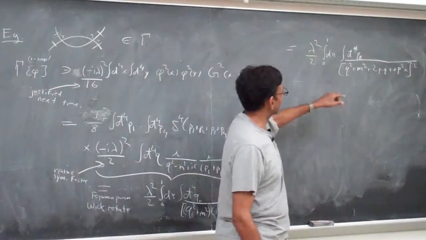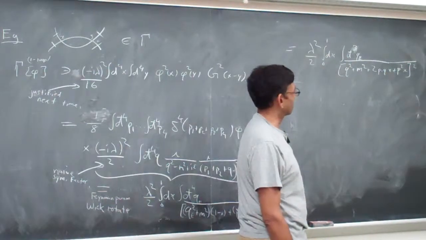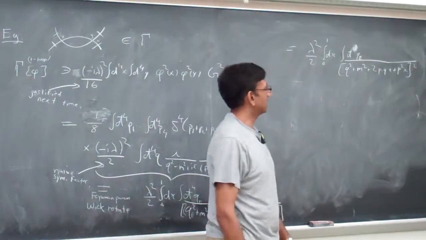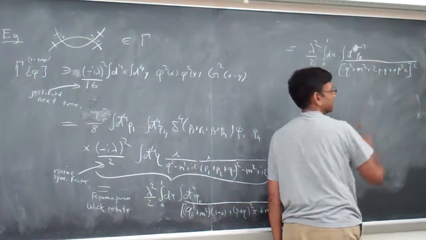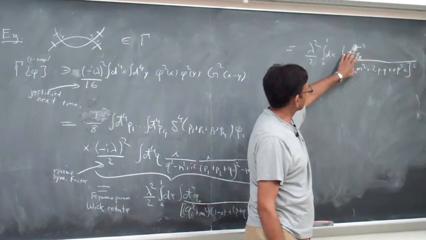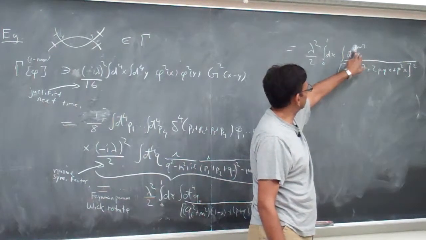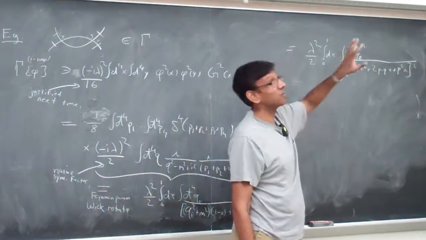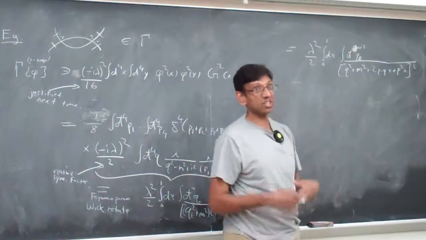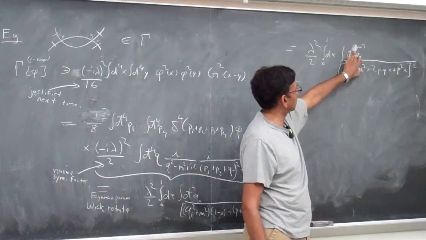Okay? Here, if this had been 3, this would actually be a convergent integral. If I called it D, and D is somewhere in the vicinity of 3, say, even though we know from the physics point of view that there's no such thing as a fractional dimension, as a function of D, this Feynman integral, as I will show next time, is actually well defined. Mathematically, you could talk about what this integral is as a function of continuous D.